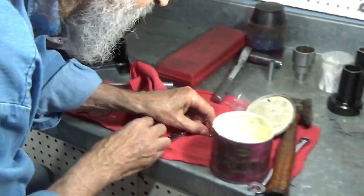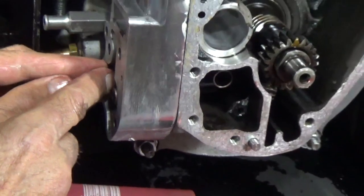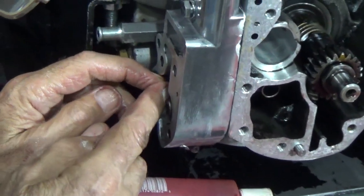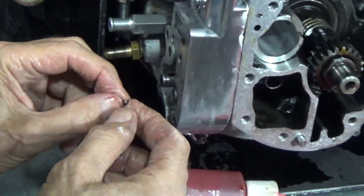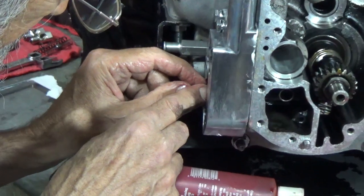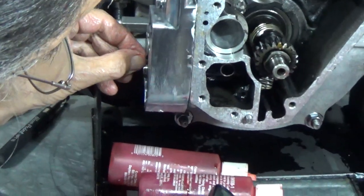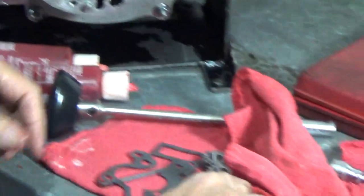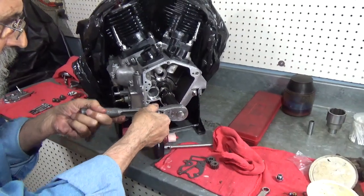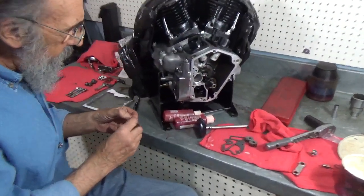Okay, next thing is we have to put another key here. That one's a little harder to get in there. But once you get it, you're there. Piece of rag. Okay, there is another way to do this. What we'll do is turn the motor to where I can get at that key a little better. Can you see that keyway in there? It's a little hard to...